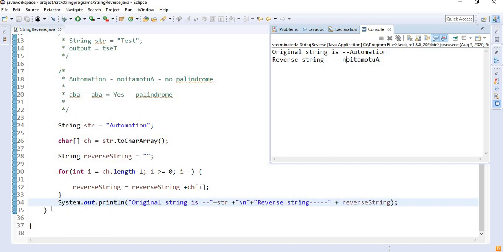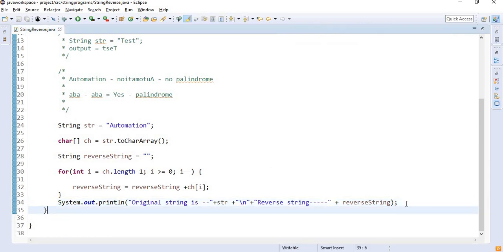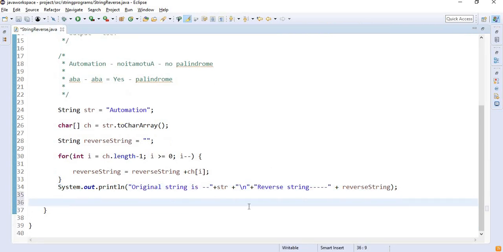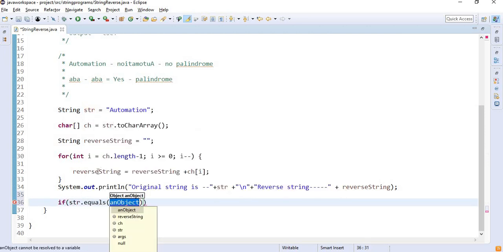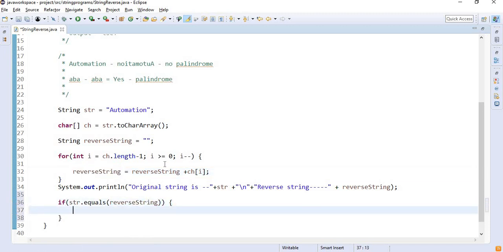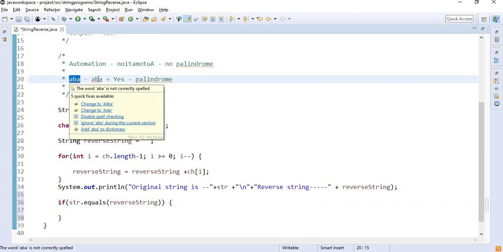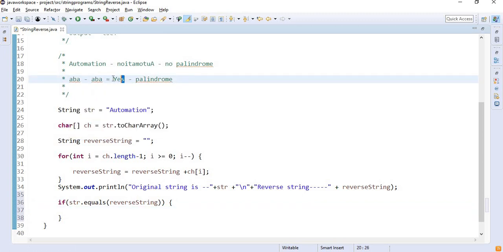Okay, and after doing that, we will simply put a condition here that if my original string is equal to my reverse string, then it should be a palindrome. Because only if my original string and reverse string are equal is it a palindrome.